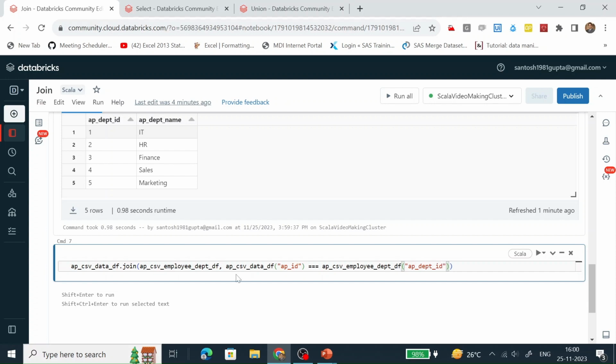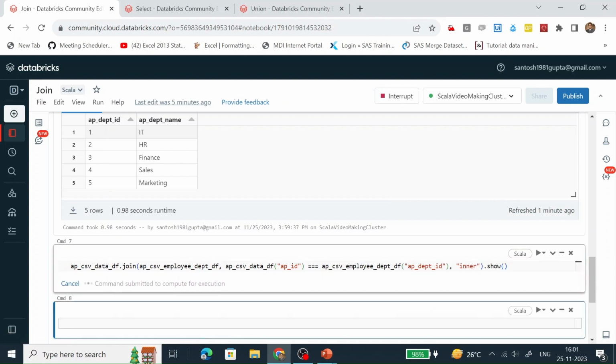So we are joining these two data frames with the help of these columns, ap id of this data frame and ap department id of this data frame, and here we say which kind of join it would be. So here I am saying it is inner join, and let's show the content of the joined data set.